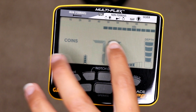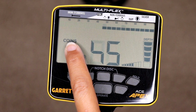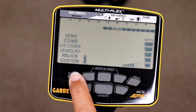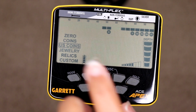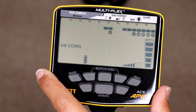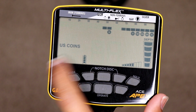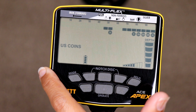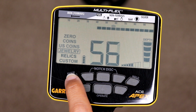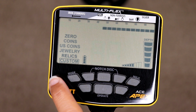Okay, so back on the main screen, let's go ahead and toggle our mode button here. Currently it's in coins, and let's look at the different options. So we've got US coins. Now this machine can be used in the United States or internationally. They have actually put in 2 separate programs so that you don't have to buy a completely separate machine, which is really nice. So the next one is jewelry, relics, custom, where you can make your own custom program,